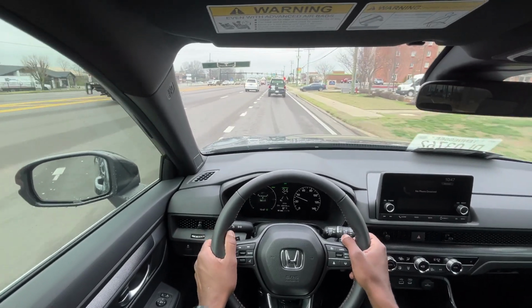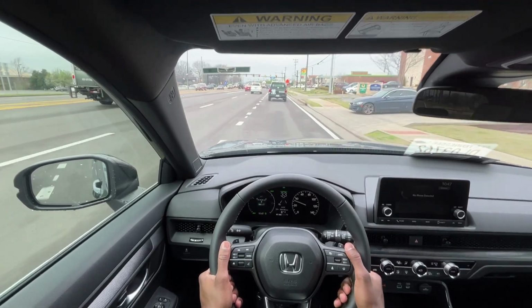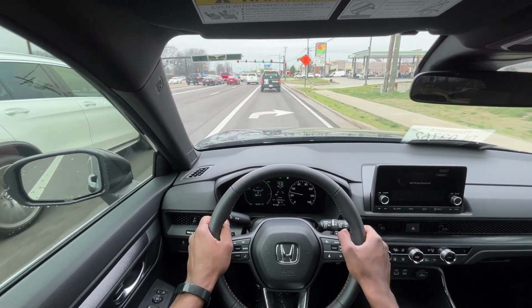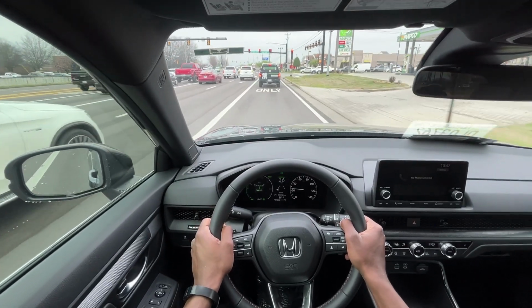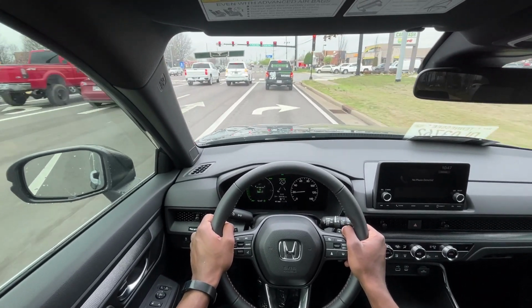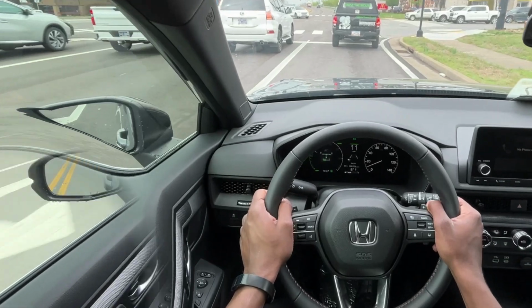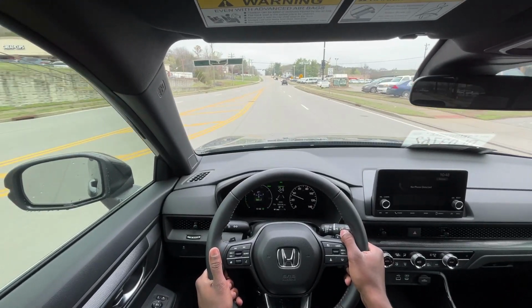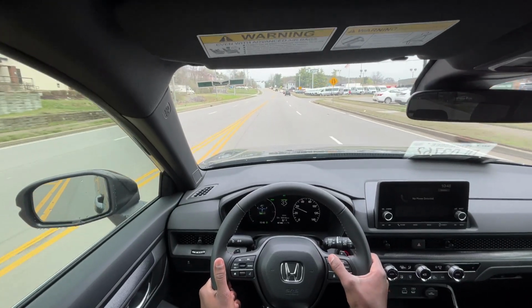But really, really comfortable drive so far. I love the steering feel of the CR-V hybrid. And throttle response is good. Brake pedal feels really good. Now, one issue, and I'll learn this before I do another CR-V in a different trim level, I don't know how